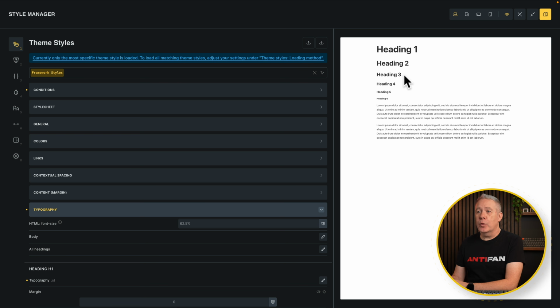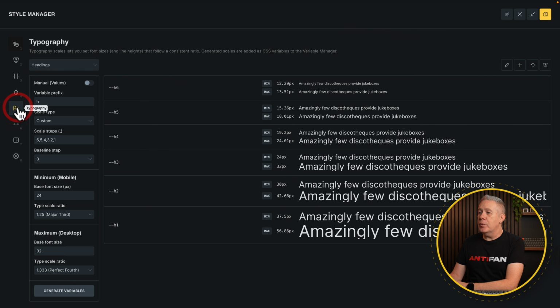It's pretty simple and straightforward. And now anytime we add in a heading 1, heading 2, and so on, it will by default pick up the values that we've set using those variables. And obviously if we come in and change things inside here, so we come into our typography, for example, open